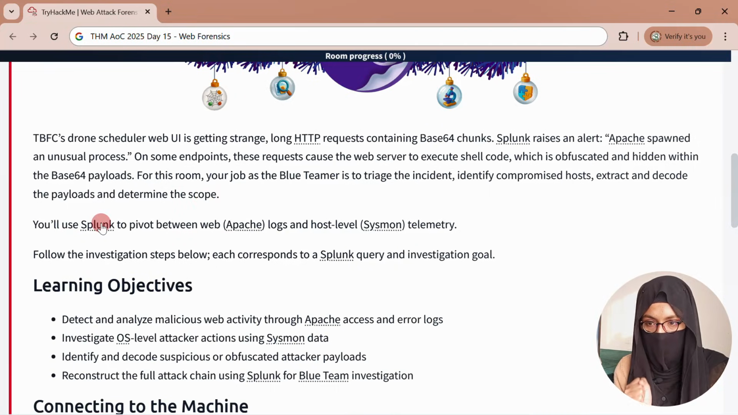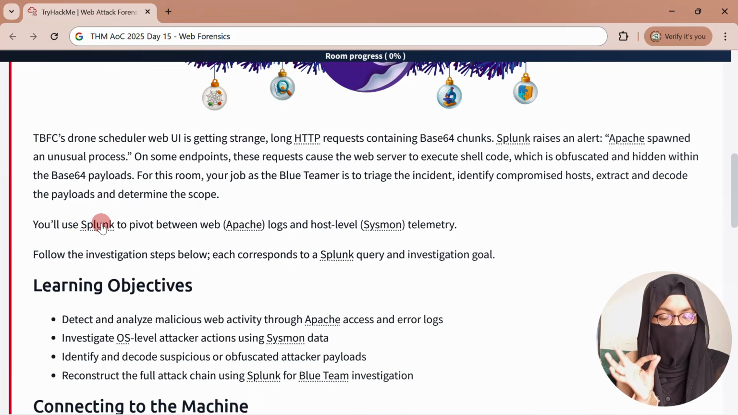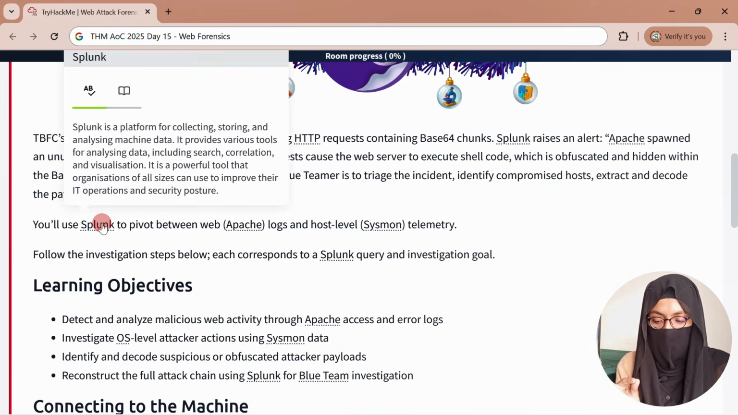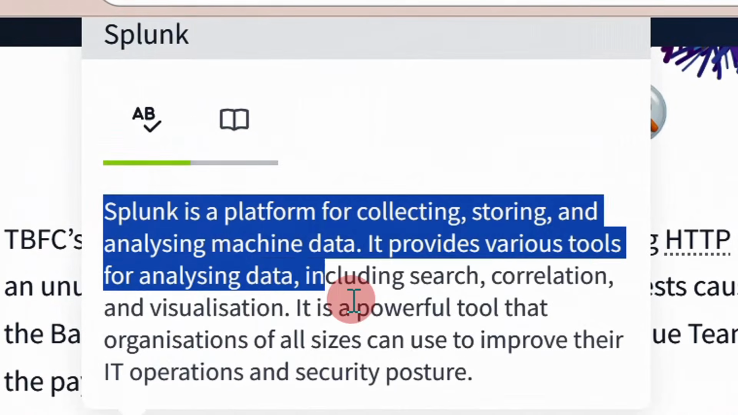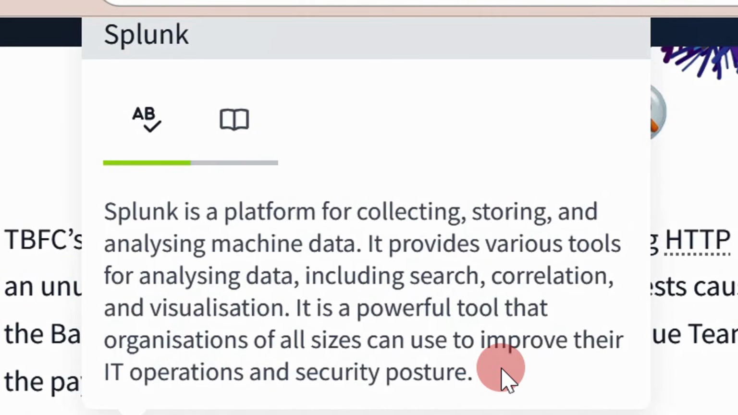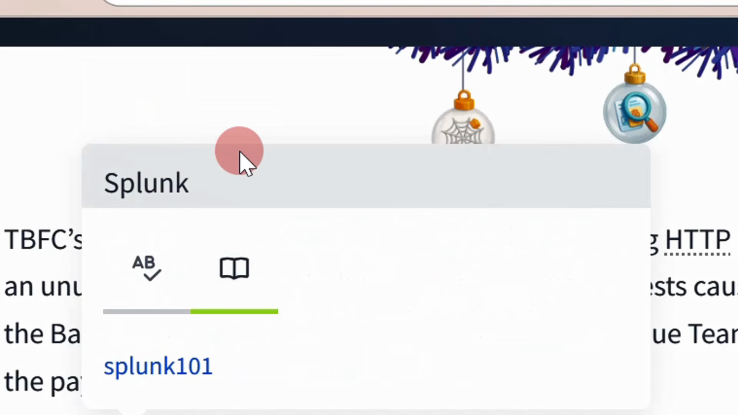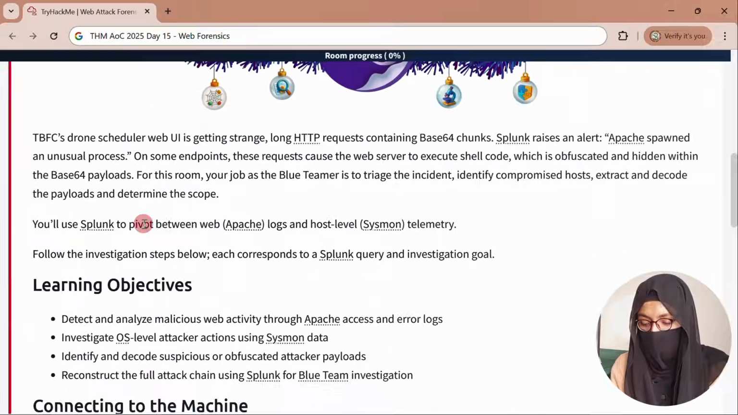If you don't know what Splunk is, in TryHackMe rooms, if there is a dotted line under any term, when you click it, you will get a definition of what that term means. And if there is any room available to better understand the theory and practice it, you can see it from this button. And here we have, okay, we are going to use Splunk to pivot between web logs and host